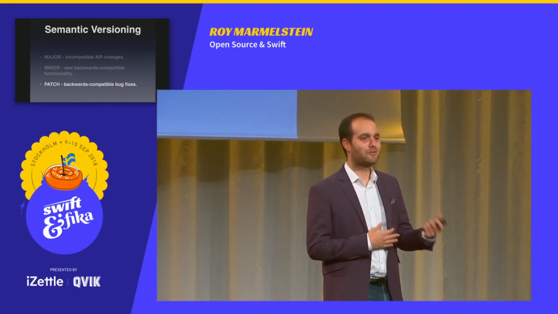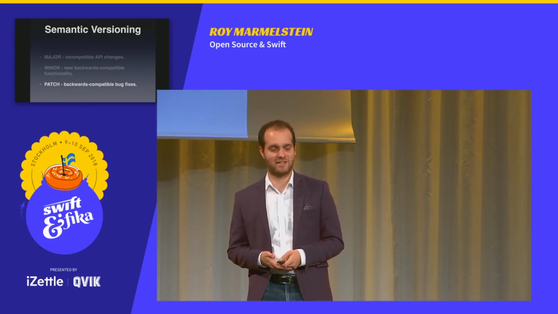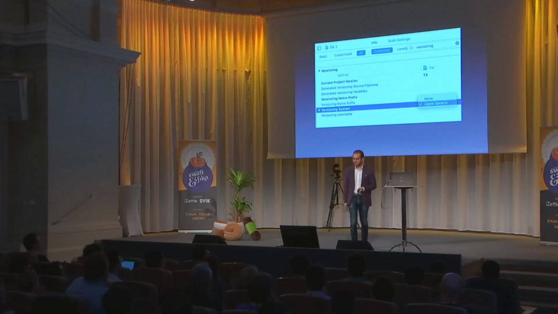Now you'll notice that not all changes that you do fall into these definitions, and there are a lot of edge cases. Online you can find guides that will help you decide what kind of bumping you need to do for your change. When you choose to use versioning, I recommend using Apple's generic versioning tool. You can set it up in Xcode in the build settings, and then you simply bump the new versions in the command line with agvtool.